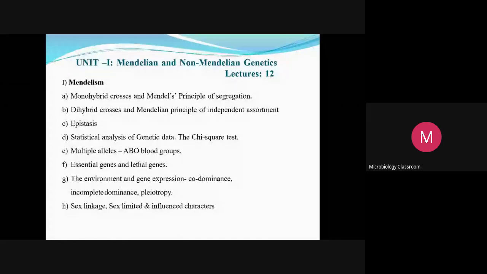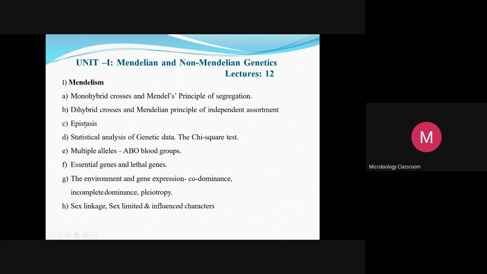First is Mendelism. So scientist Mendel, who is the father of genetics, carried out some experiments on the garden pea plant, and while giving the result, he put forth some laws in genetics, that are Mendel's principle of segregation, Mendel's law of independent assortment, and Mendel's law of dominance. And depending upon the characters studied at a time, the two crosses are there, that is the monohybrid